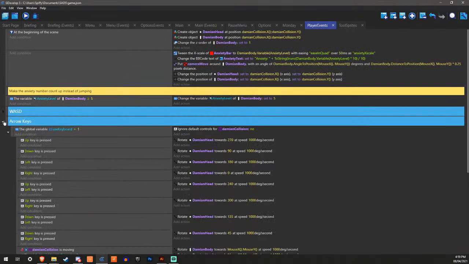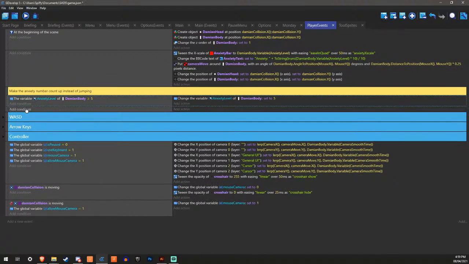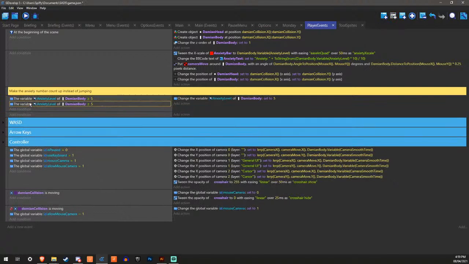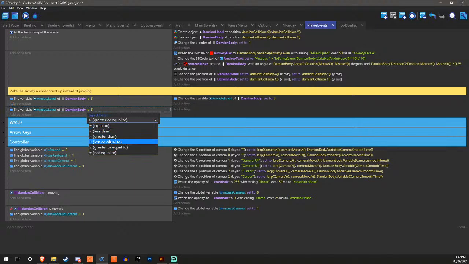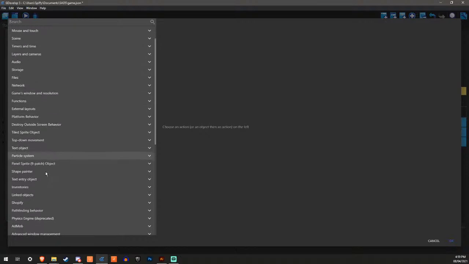So let's get this like that. Okay, so let's do if that is greater than or equal to 1, then we can do the, where is it?